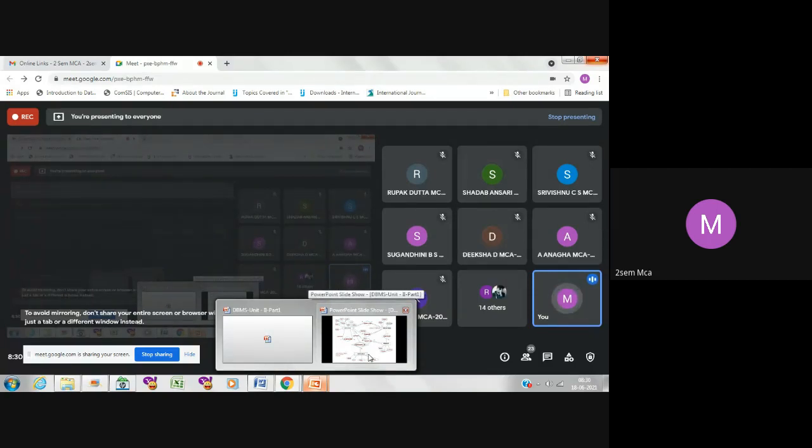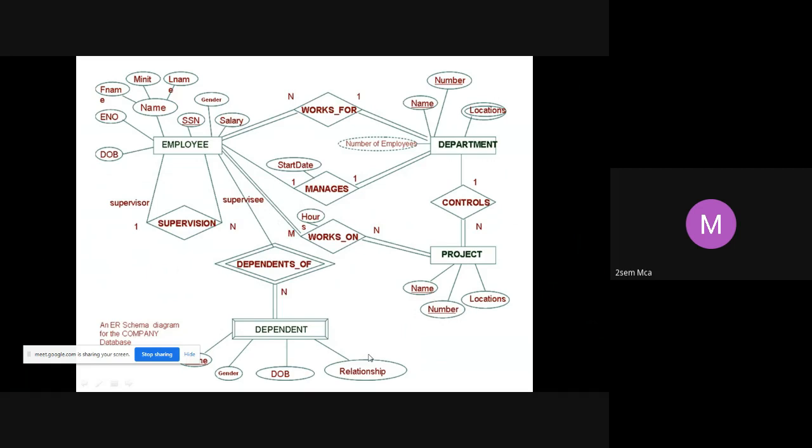We have already done this concept. As I told you, since you asked me to repeat it, I'm trying to do it again. If you have any doubts, please stop me then and there and ask me. This concept is very important because for any ER diagram, first of all, you should know how to write an ER diagram. Any ER diagram that is written, you should definitely know how to convert it into tables. What should be converted as a table and what should not be converted as a table? Whether I should take every entity as a table, every relationship as a table, what I should do.